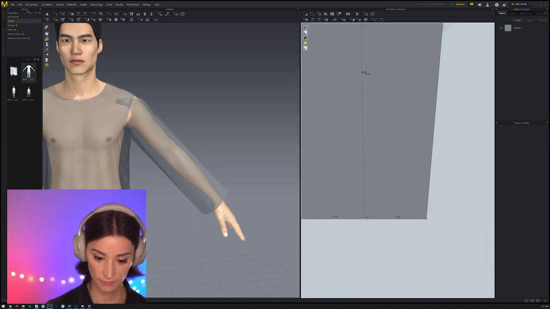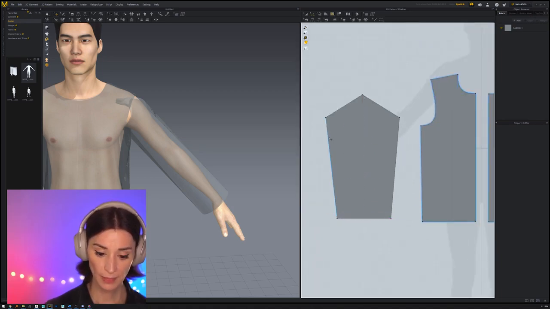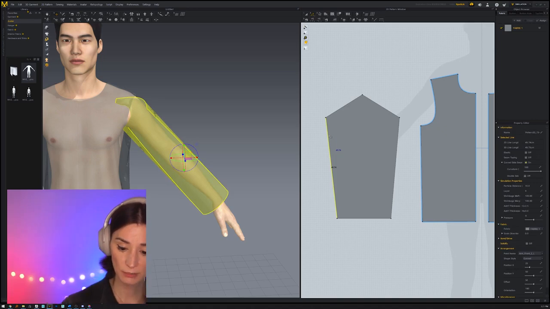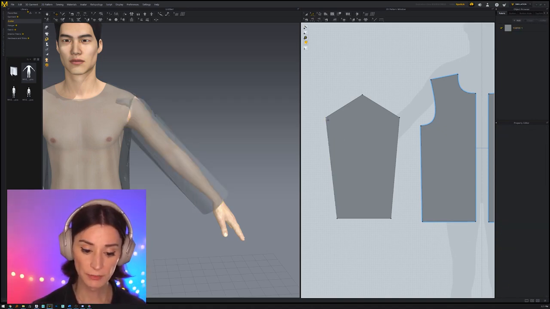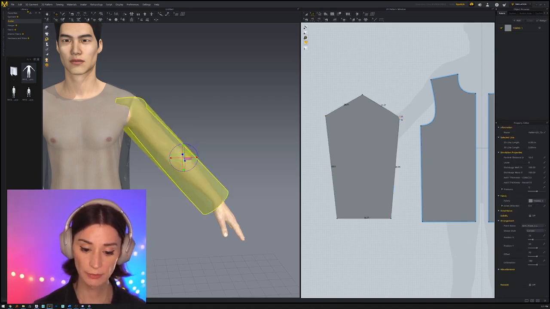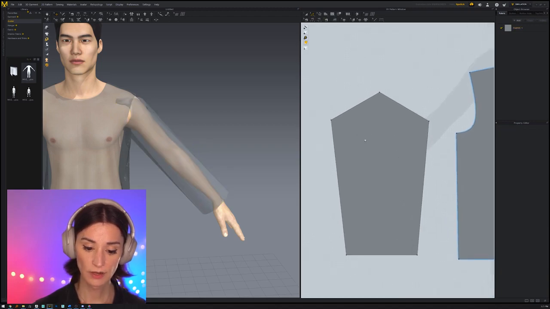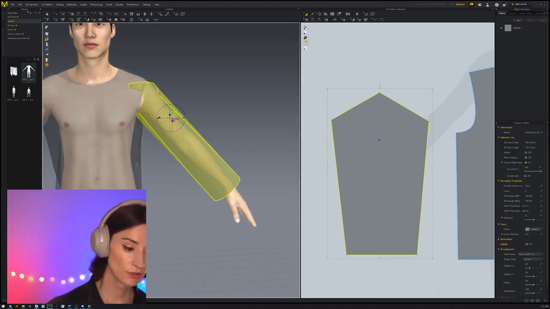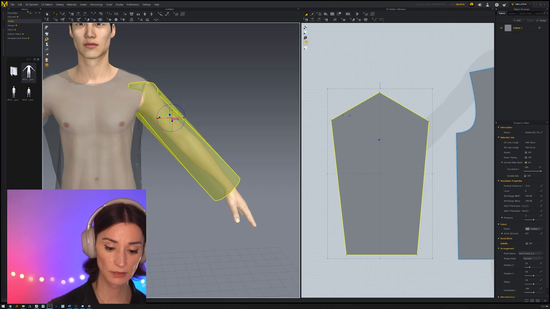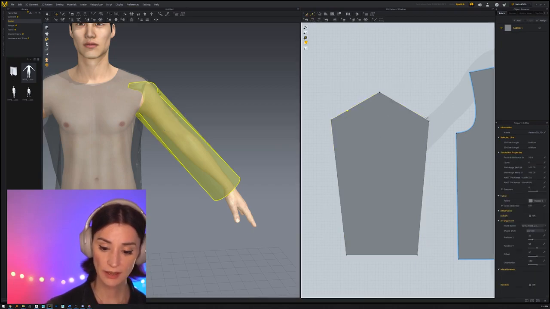And yeah, it's pretty good. And on the inside, we said about 50 centimeters. And now we're at 49. Let me just bring these points up just a little bit more. There you go. And now to complete the shape of the arm side, let's simply add a few points to